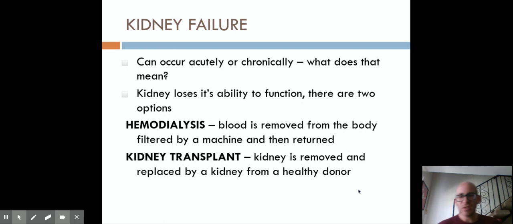Now, it works and it keeps people alive, but there are often side effects because there's some chemical cleaning of the blood, and nothing is as good as your body at doing those functions. The other problem with hemodialysis is that your kidneys can constantly be doing this. Like we said, they produce a bit of urine every 15 seconds. But with a hemodialysis machine, you can't be hooked up to it permanently.